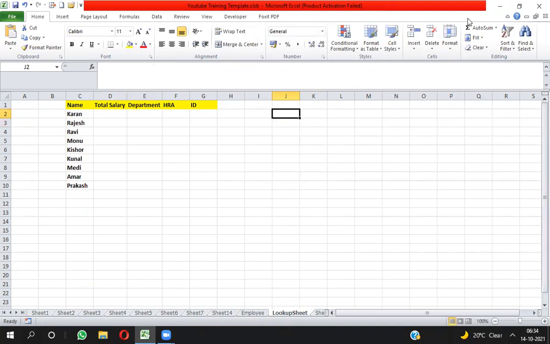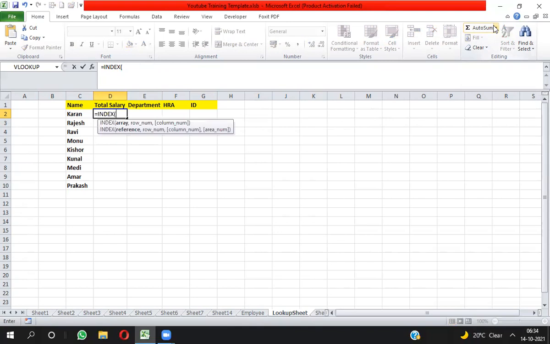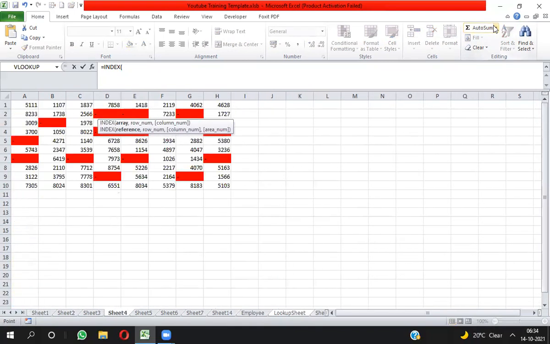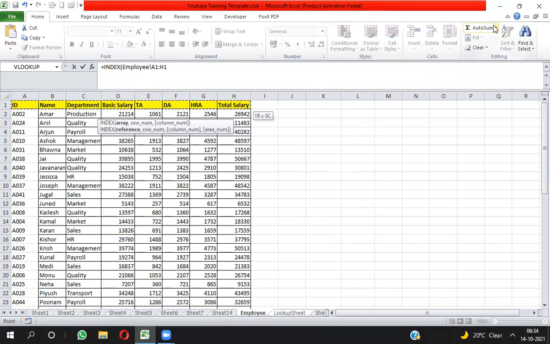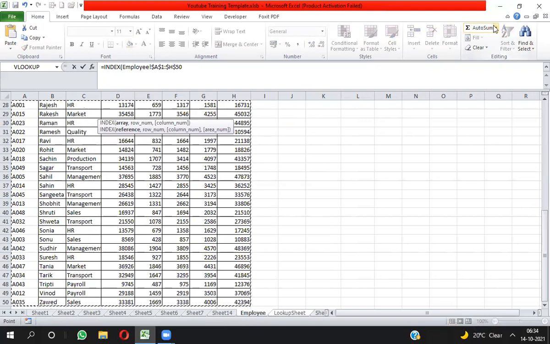If you want to make it dynamic and don't want to put the row number and column number, at that time you will have to apply the INDEX and MATCH functions. The MATCH function will be applied for both row and column. So let's see, here I'm doing INDEX MATCH. Your first parameter is the complete range as the array, comma.